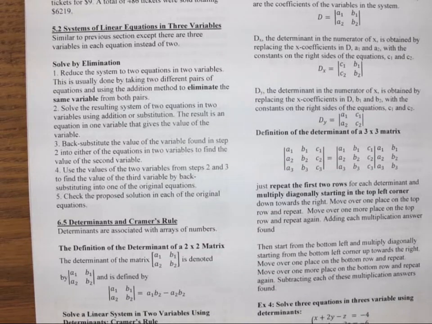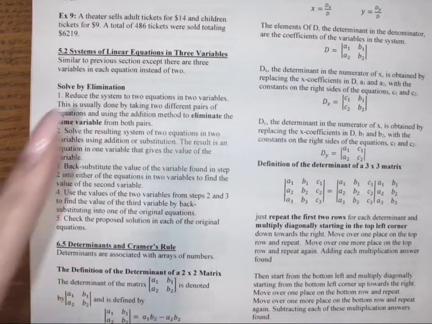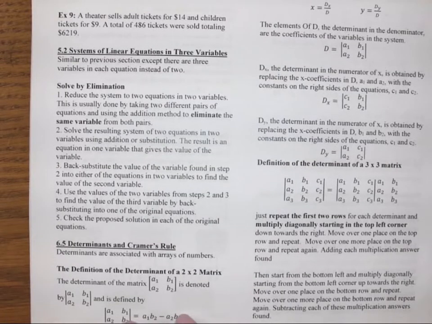All right, so with these, we are looking at systems of linear equations in 3 variables. This is going to be similar to the previous section that we did, except there are going to be 3 variables instead of 2. We're going to solve by elimination, where we're going to reduce it down to two equations with 2 variables, and then solve it just like we did the previous problems. We'll back substitute into it. So our first example